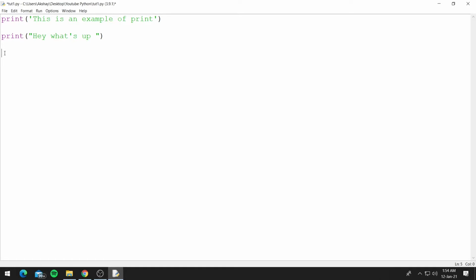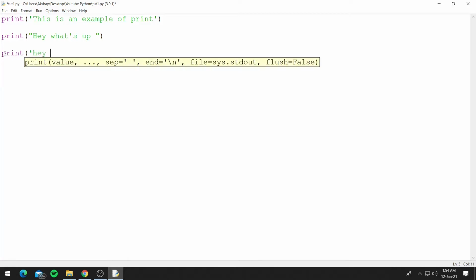But let's say you want to use single quotes, but then you also want to print 'hey, what's up?' So this won't work, but we can use an escape character, which is the backslash before the single quote. It's called an escape character. What it will do is escape any sort of functionality of that character.